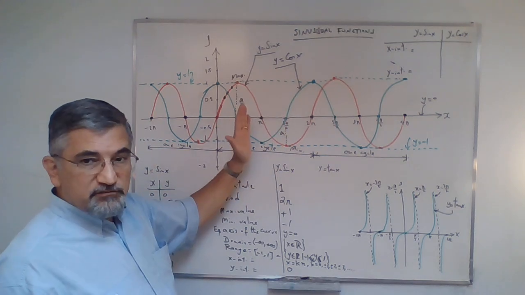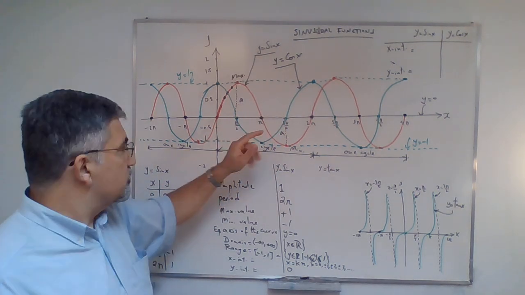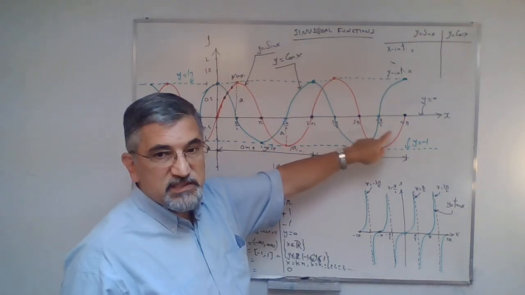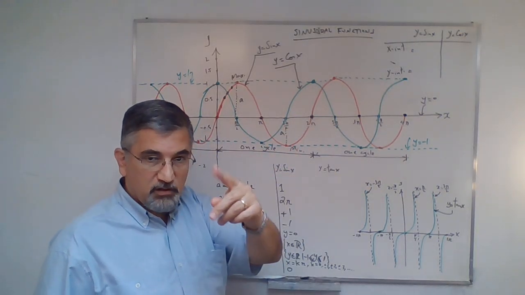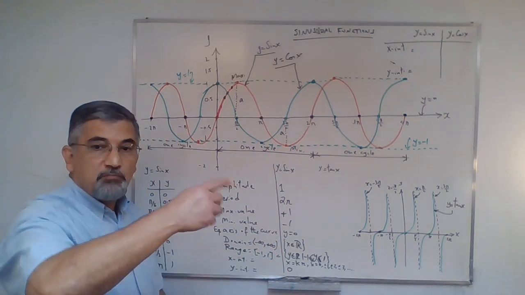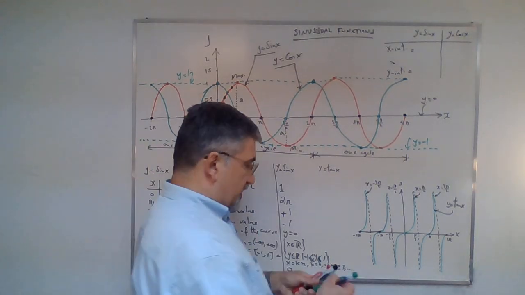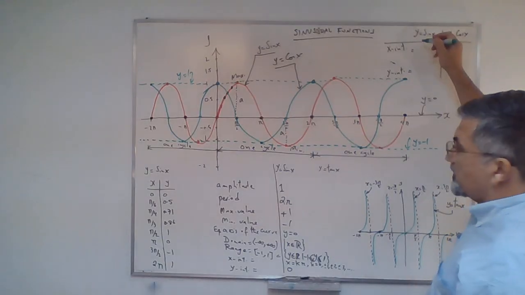But now, because you shift them horizontally to the left by pi over 2, it becomes pi over 2, 3 pi over 2, 5 pi over 2, 7 pi over 2, which are 1, 3, 5, 7, odd numbers. So it's the odd multiples of pi over 2, basically. So if I write the x-intercept here